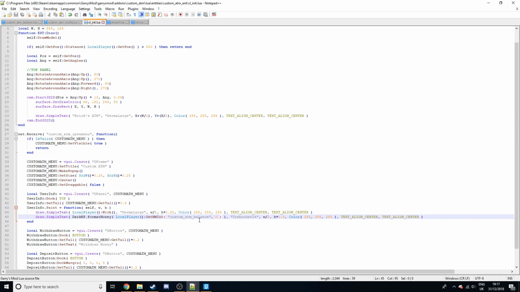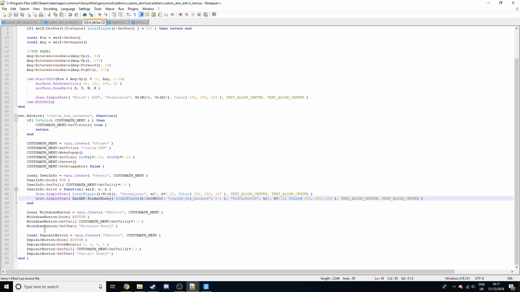So what we're gonna do is make it so the player can actually deposit, but that value obviously won't save. And the way we're gonna save it is you could either use player data, but I don't really like that, so we're gonna save it to file instead. Right, okay, so what we can do is the deposit button. We can get that so that when the user clicks,